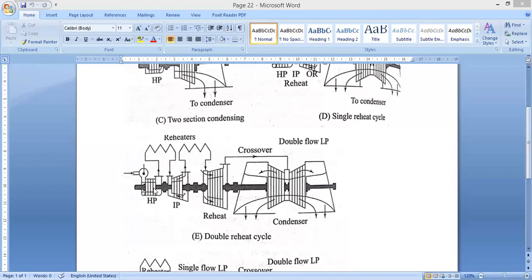Then again it goes to the high temperature here. It is reheated here, its temperature is raised again, and then with high temperature and comparatively low pressure,